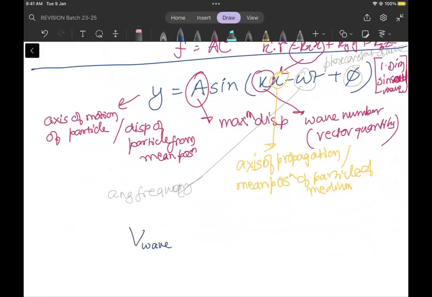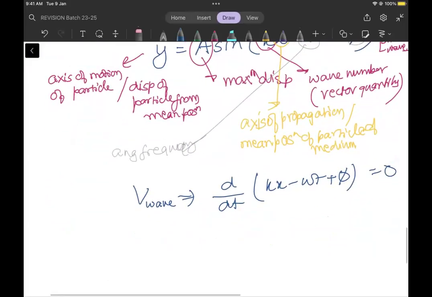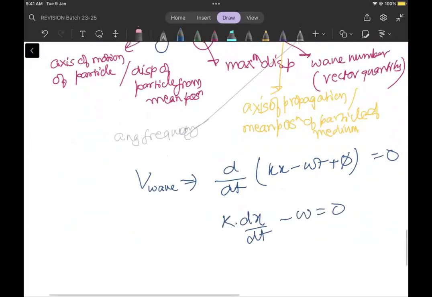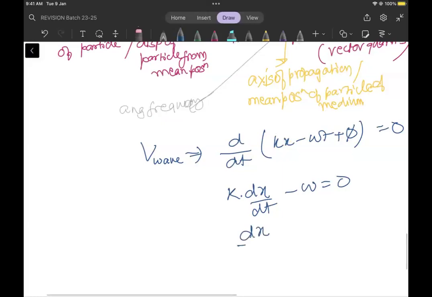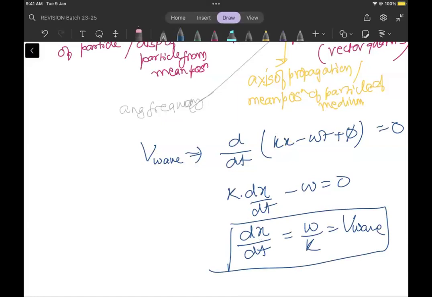ओके, जो वेलोसिटी ऑफ वेव होएगी, जैसा अभी हमने किया था, इट विल बी गिवन बाय d by dt of the phase of the wave, and you equate it to 0. This gives k dx by dt minus omega is equal to 0. So dx by dt is equal to omega by k. This is the velocity of the wave. तो